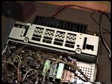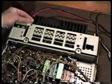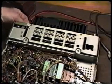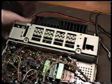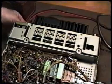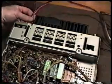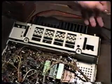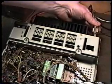So what we're going to do is make sure it's turned off. We're going to reinstall the 12-volt power connector. And just a word about the power we're using here. This is just a 12-volt power supply. You can use your power cord that comes with the 430 attached to any 12-volt power supply capable of powering your radio, 20 amps or more, or you can use the Kenwood matching power supply. Either one will be fine. And we're going to install a dummy load